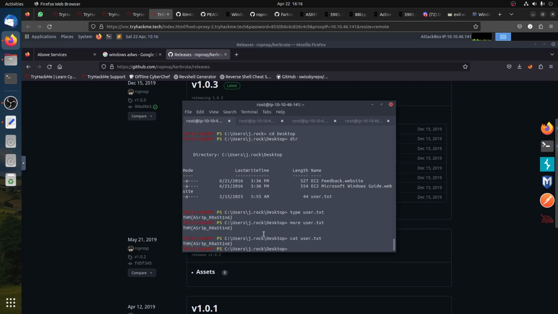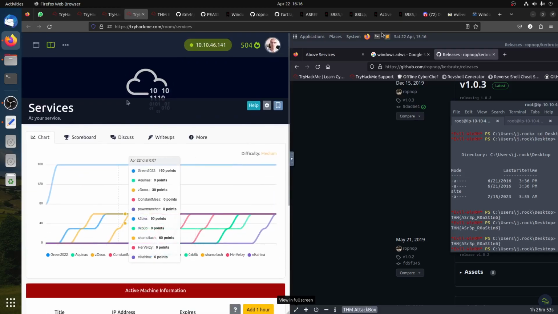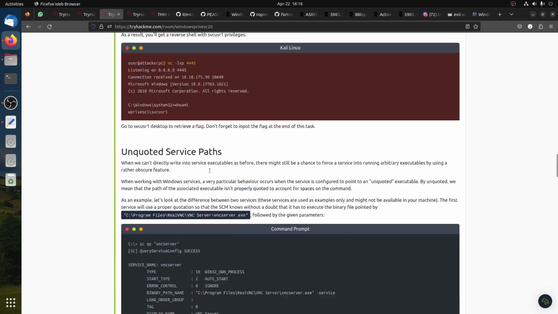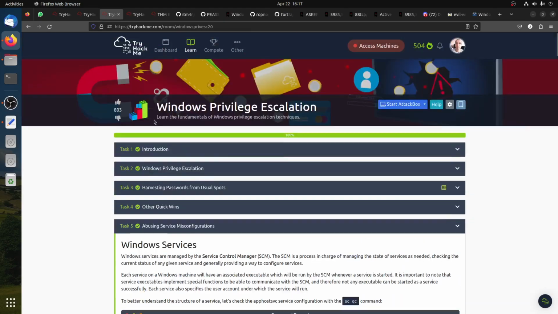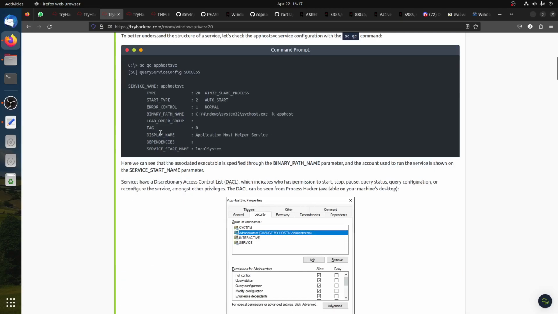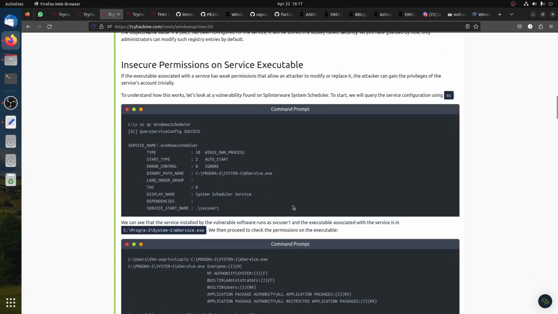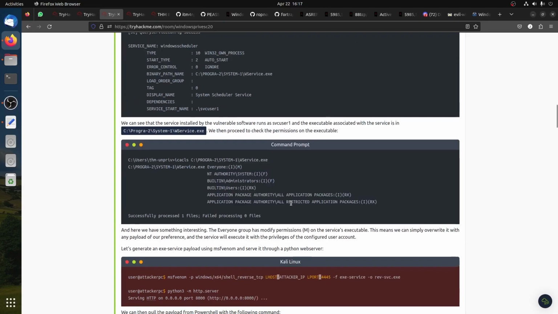So of course, what is next? Remember, after you get the user flag, the question is how we do the privilege escalation. The room talks about service. In one of the other rooms in Windows, like Windows privilege escalation, if you go to abuse service configuration, to give you an idea, if you have a list of services and the bin path, if you can read it, you can overwrite it, and then you increase privileges. Here they're talking about